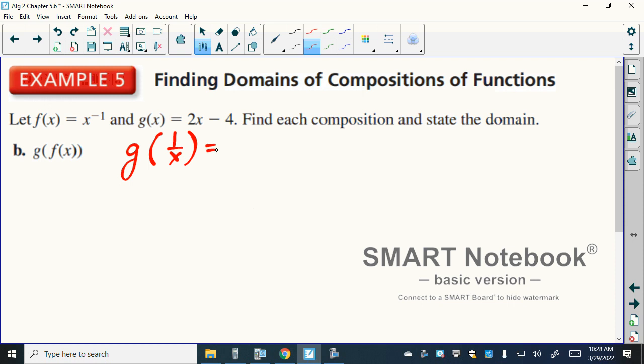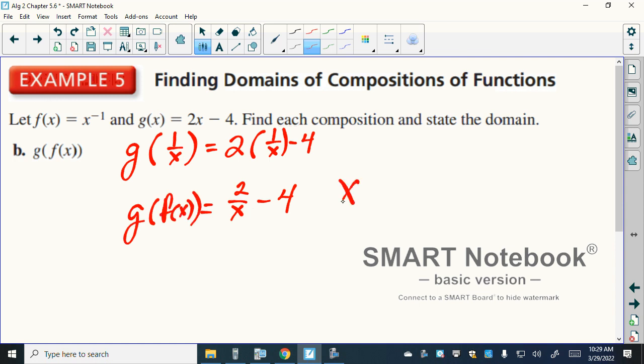And if we apply it, 2 times 1 over x minus 4 will give us 2 over x minus 4. G of f, well, x can still not be 0. That's our only restriction. Because here it's not too bad, but there's sometimes with these composite functions that for some reason the variable can sometimes eliminate out,